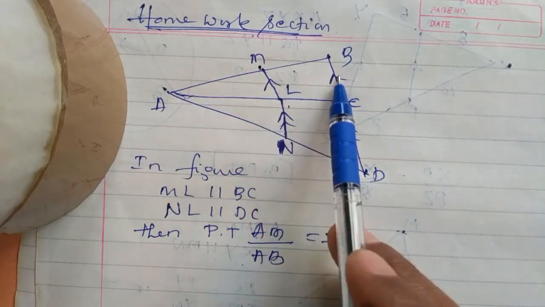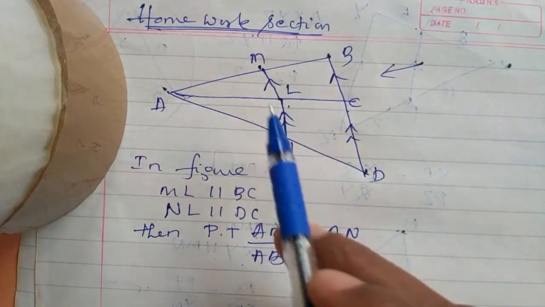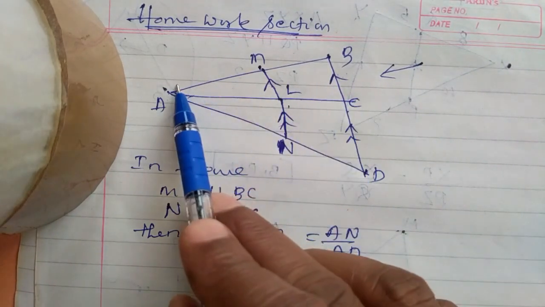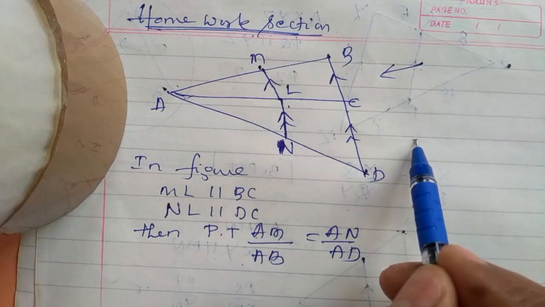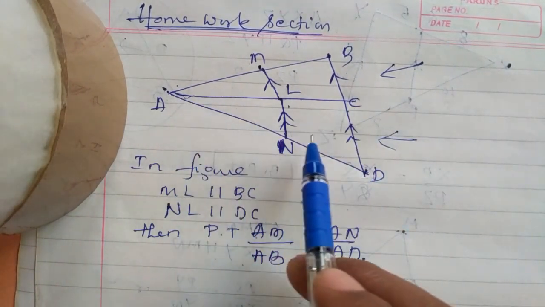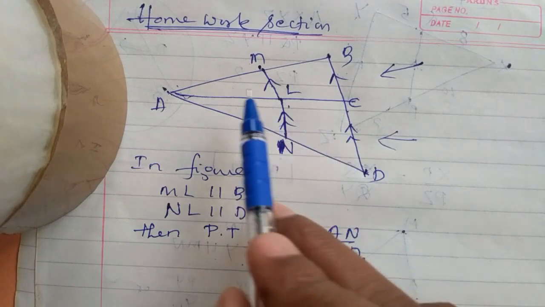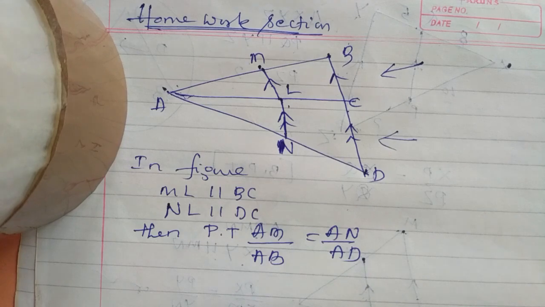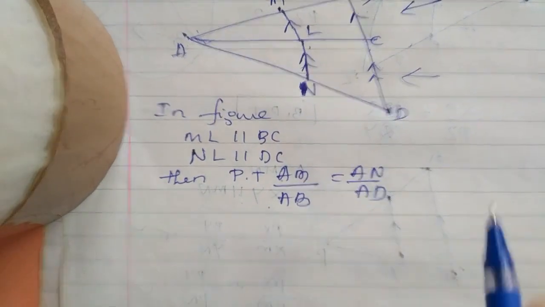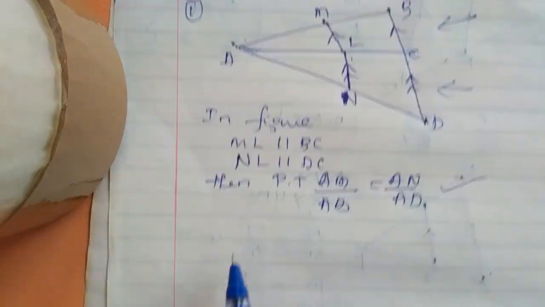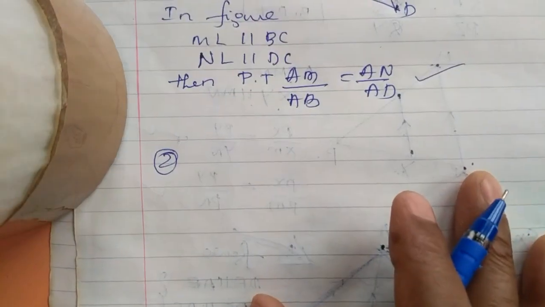In that these two are parallel. You observe from this side, and when these two sides are parallel, you can write the ratios in this way. If you observe from this side, one more set of triangles is there. Here these two are parallel. Then you can write half by full, half by full. Then when we tally the first and second results, equation 1 and equation 2, we can obtain this. Please try this problem. Question number 1. Question number 2.